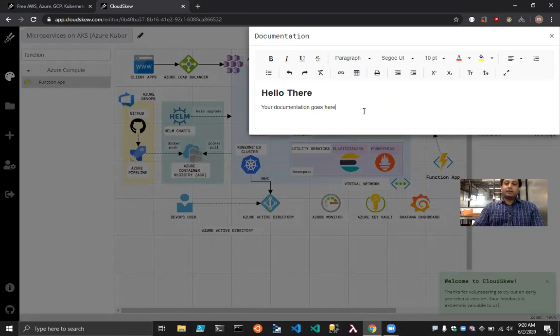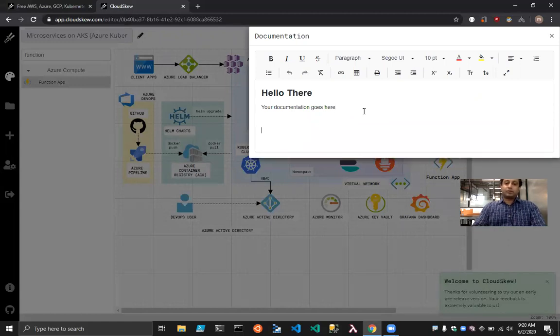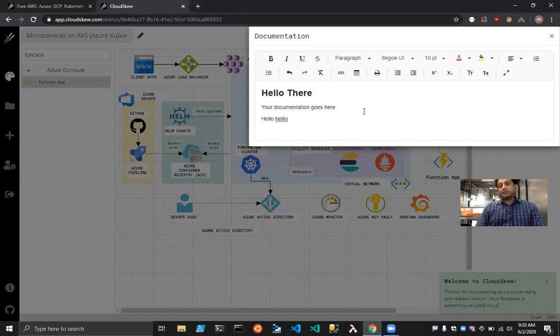So you can actually describe your architectures in this document. And this document now travels with your diagram. So if you share your diagram with other folks, they will be able to view this documentation as well. So all the work of exporting diagrams is just sort of taken care of.